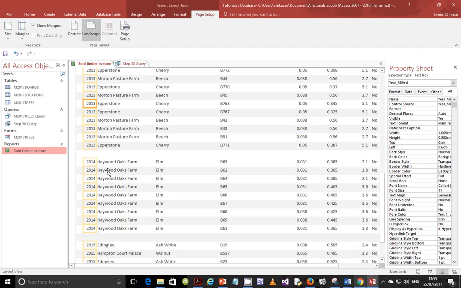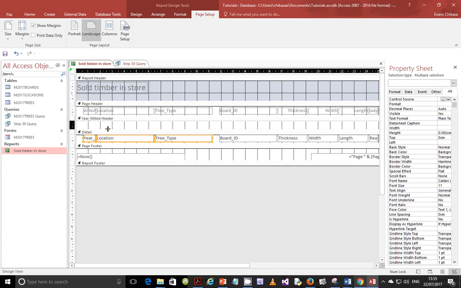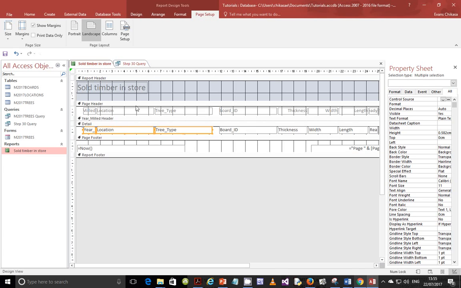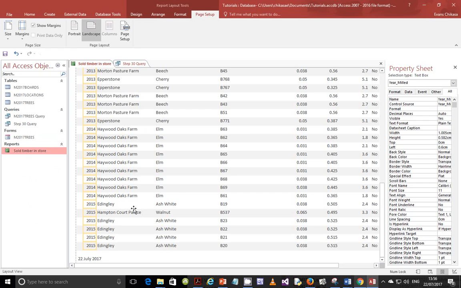But again, take note of how in between the years 2013 and 2014, you will see there is some space. Take note also of the years between 2014 and 15, there is some space. And this is the general trend that you will see, that in between the years you have space. And this space is actually coming from the space that you've created here. Okay, so what you can do is to bridge this, just close this, and there will be no space there. Then right click and view layout again, and this time around you shouldn't see any sort of space between the